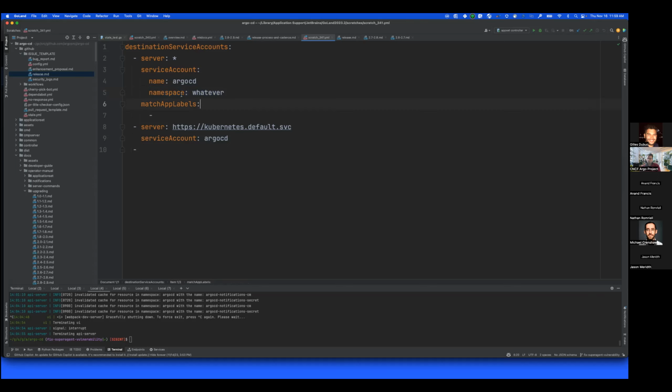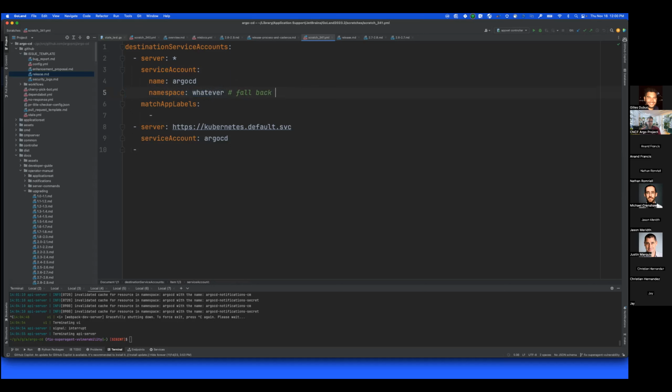Hard coding this also doesn't seem good because, as he pointed out, it could be in any namespace on this massive cluster full of namespaces. Maybe you fall back to the app's default namespace. I don't know.